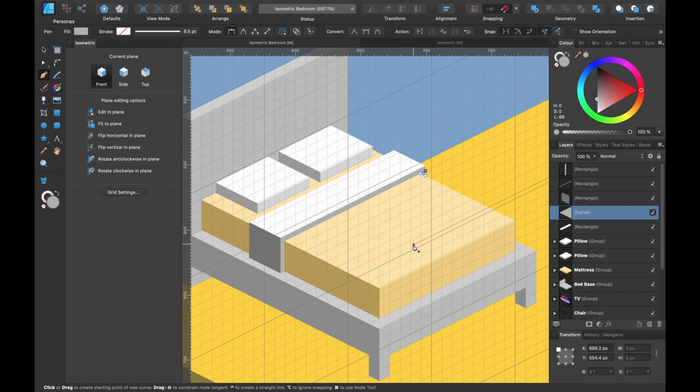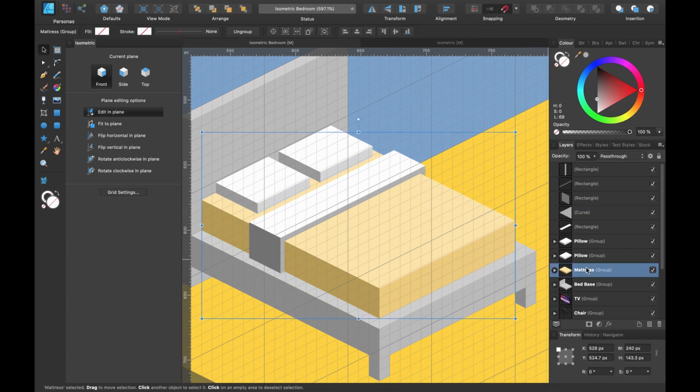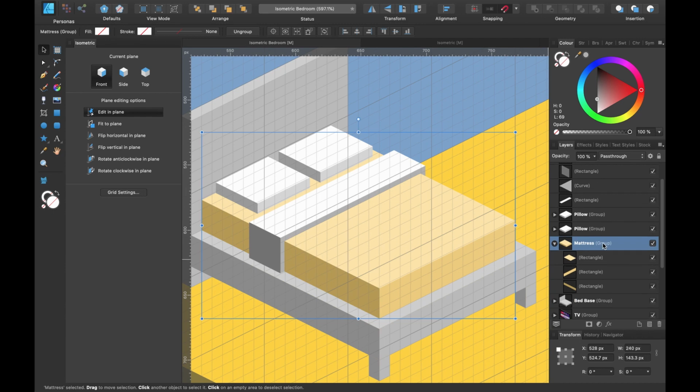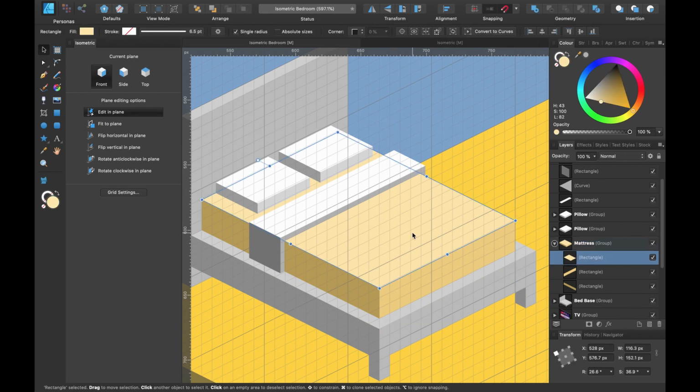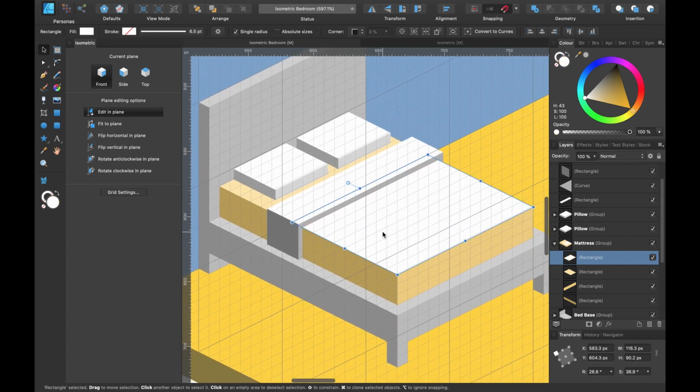We just got to make the lower half of the duvet the same color. So what I'm going to do, I'm going to press V, the move tool. I'm going to head back to my mattress layer. I'm going to open that up. And this is the top here. I'm just going to press Command J to duplicate that yellow layer. I'm just going to drag that down, and I'm going to make it white, totally white. And I'll do the same for this as well.